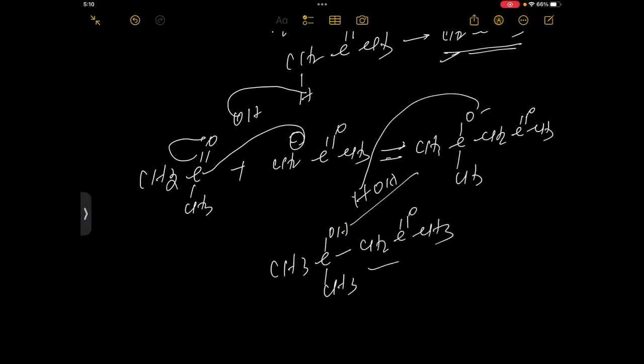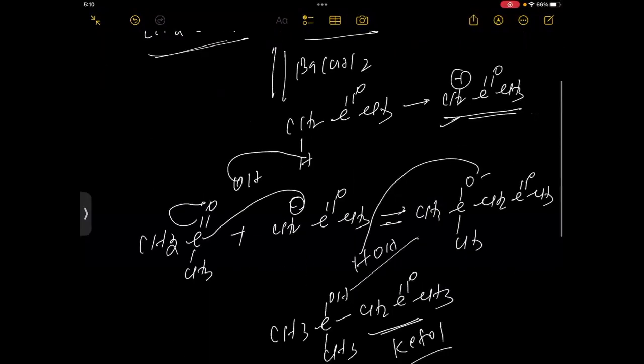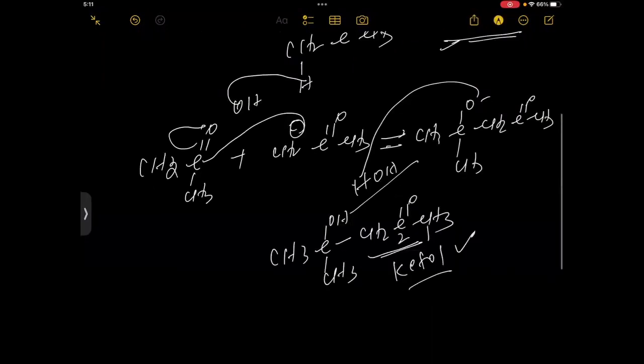What is formed? It is not aldol, it is called ketol. So in aldol condensation of ketone, in aldehyde condensation we say aldol, but in ketone condensation we say ketol. Okay, so this compound name is, counting 1 2 3 4 5,